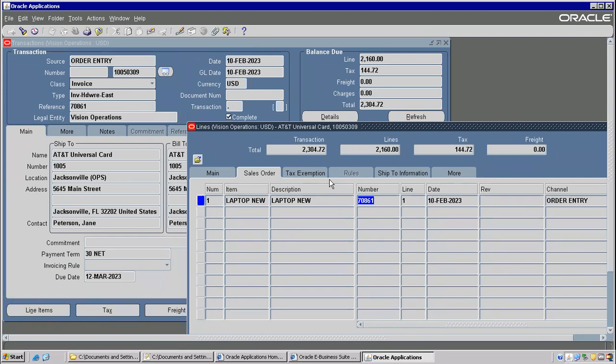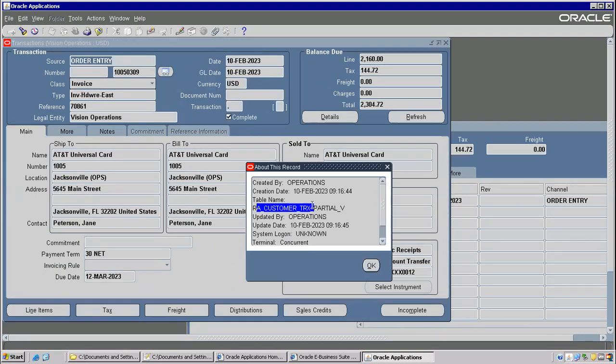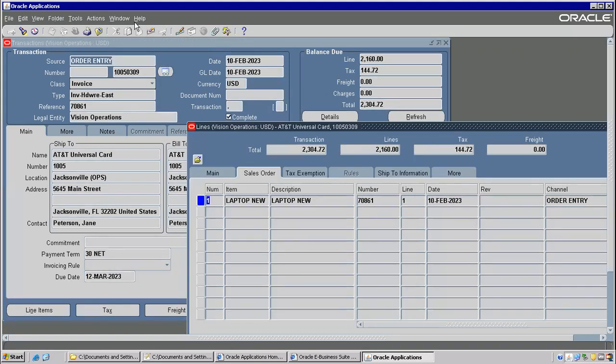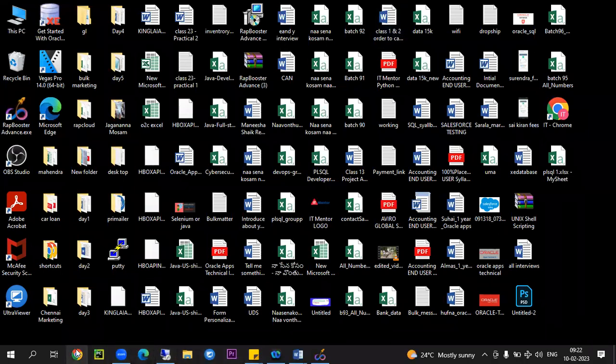Definitely you need to know how we can link the order management table and the account receivable table at header level as well as at line level. At header level there is a table here, RA customer TRX all. And go to line items; this is RA customer TRX lines all. It is not showing, but whenever it is not showing, you can go to the second method, system last query. You can see here RA customer TRX lines all. There are two tables here: RA customer TRX all and RA customer TRX lines all. For the join between these two, you can go to your